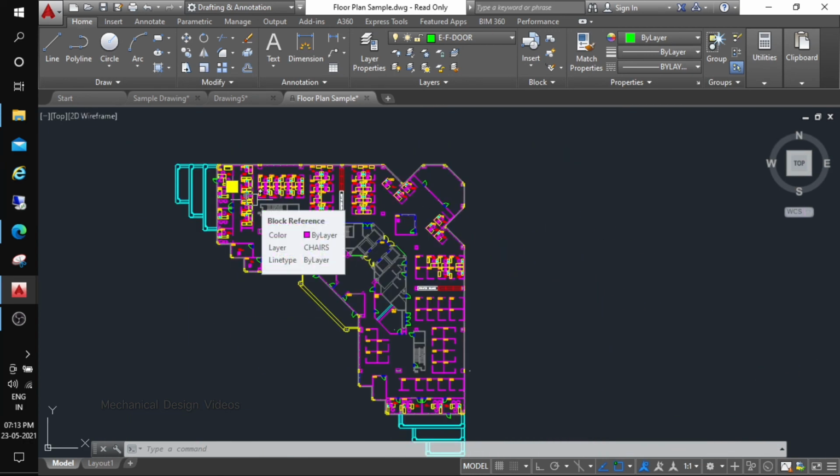When we have to do revision in a drawing, tools like layer, block, etc. will come very handy. I hope you understood the concept of the layer, how to create the layer, how to assign an object to a layer, and how to change an object's layer to another.